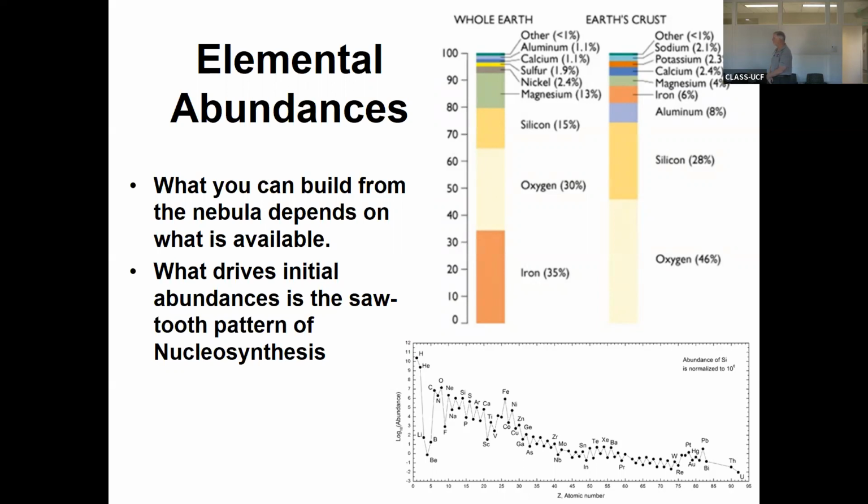Well, the short answer is absolutely. Because the number of times you go through these nucleosynthetic cycles tells you what the relative abundances of different elements are. The really big change in the last few years is